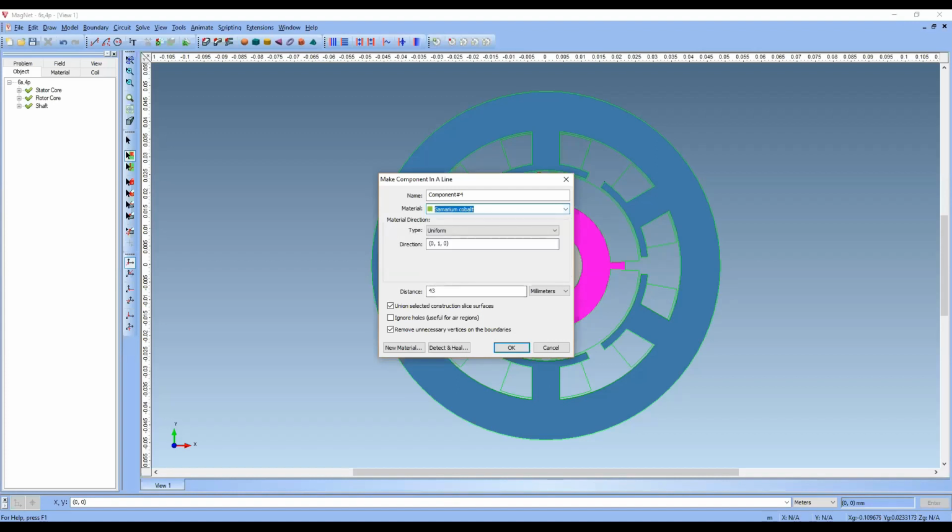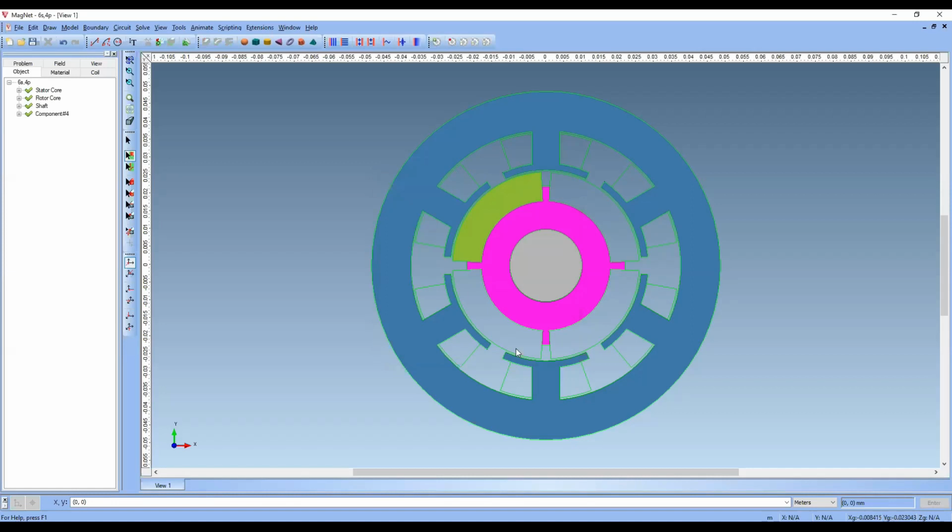Now if you see here, the material direction option, previously nothing was coming, but when you put a magnetic material, this option comes, type. So there is uniform, fixed, uniform. What we will use is radially inward. Why do we want to go inward or outward? It is like polarity. If you give inward, it is not necessary that it is north, but it is of one polarity. Say for example, it is north itself. So you can give radially inward.